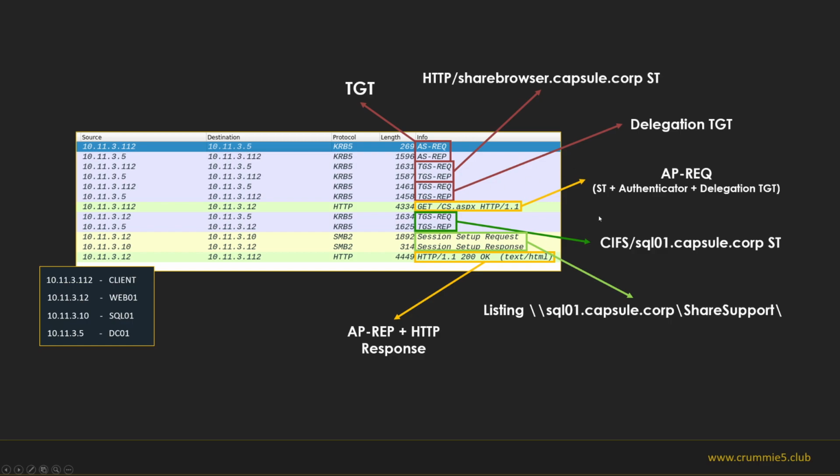And when the service obtains that delegation TGT and session key, he can use both of them to act on behalf of Vegeta and ask for a CIFS ticket. This CIFS ticket he can use for accessing the shared folder, to list the contents, and then to respond back to the client with all this information and a mutual authentication.